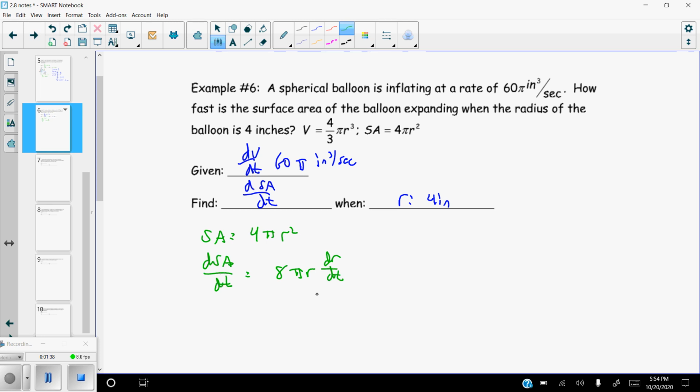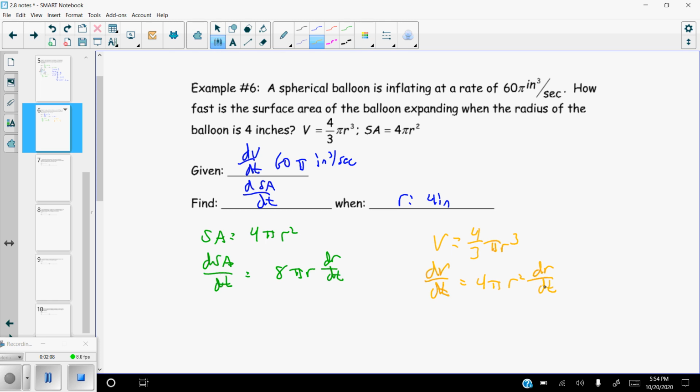But they did tell me how the volume was changing, and the volume is related to the radius. So we can set up a separate equation of the volume. And if I were to take the derivative here, I would get dV over dt. That's good because they gave me something with that. Bringing the 3 out in front and multiplying it by the 4/3 gives us 4 pi r squared dr over